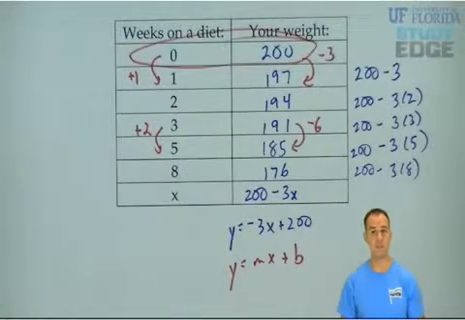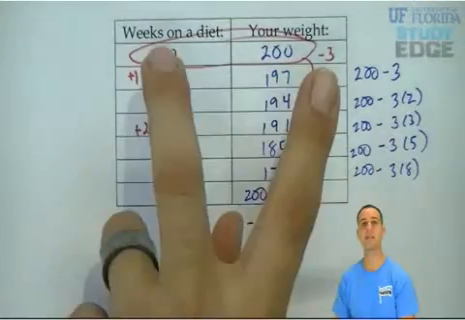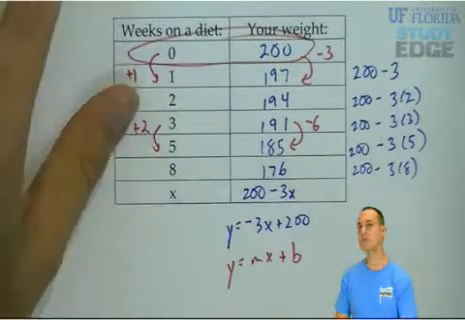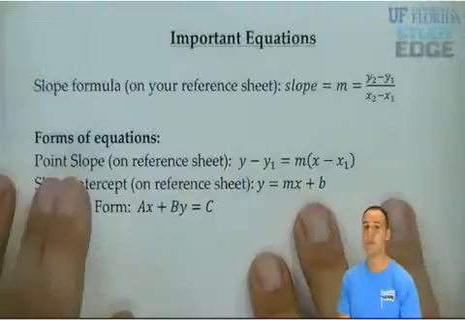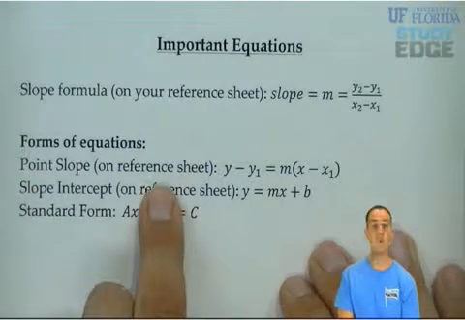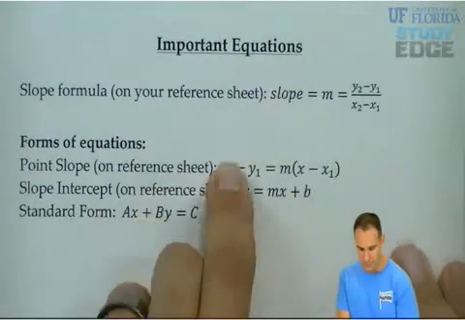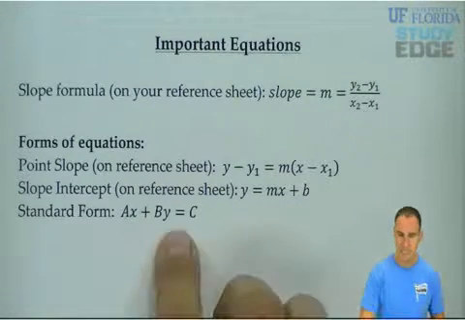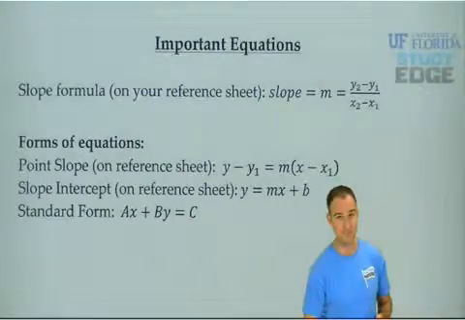I gave you the chart. The b is your y-intercept, and rise over run, or change of y over change of x, is your slope. Those are the important equations on the bottom of this page. You have your slope formula on your reference sheet. You have your point slope form, which we'll be discussing in another video, on your reference sheet. We just talked about y equals mx plus b, and do make sure you can recognize standard form. So again, lines. We're going to have a lot of videos with these. You've got to take your time. Make sure you understand. A lot of stuff does go into a real world setting, but at the same time, you have to make sure you can go ahead and